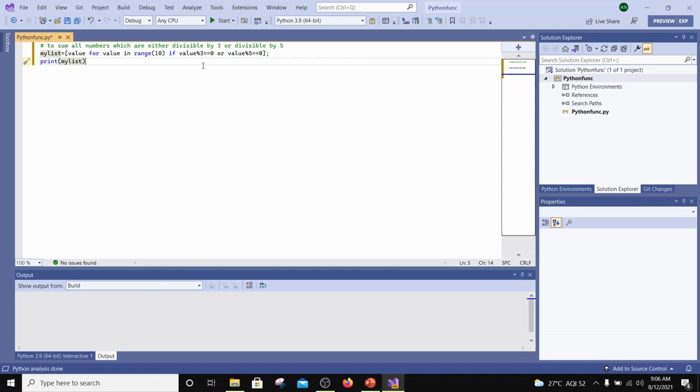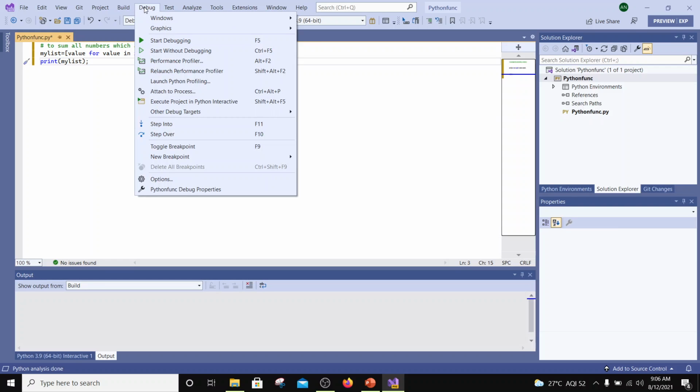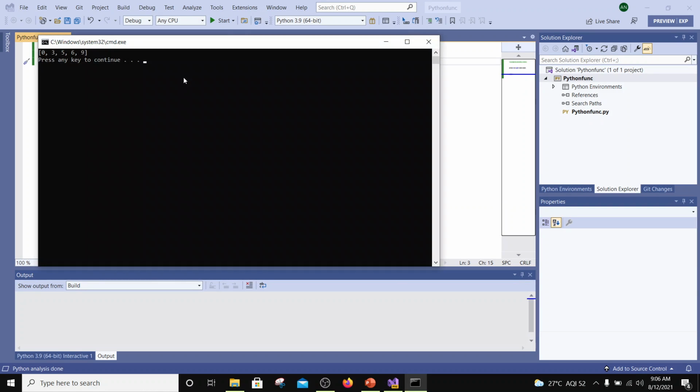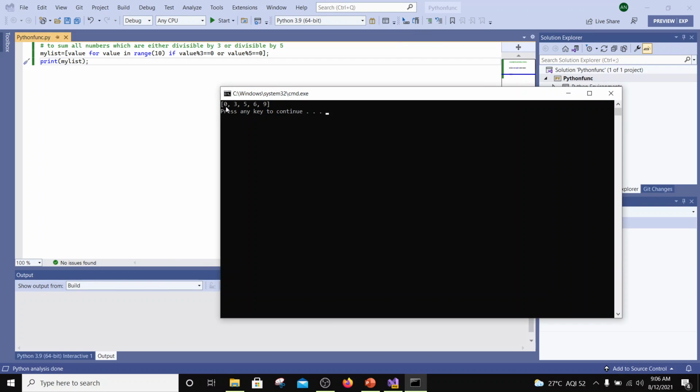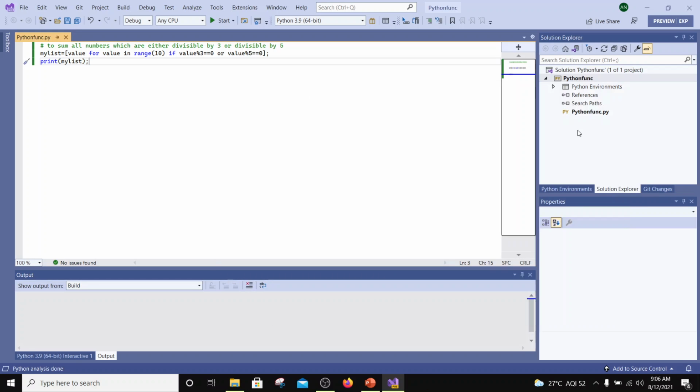In the first instance itself, we see that we have worked with the data. Now this will not be called functional programming, this is imperative programming. You now see there is a list which goes 0, 3, 5, 6, 9. These are all divisible by either 3 or 5. So if I make use of this list to start with, and then I write something like